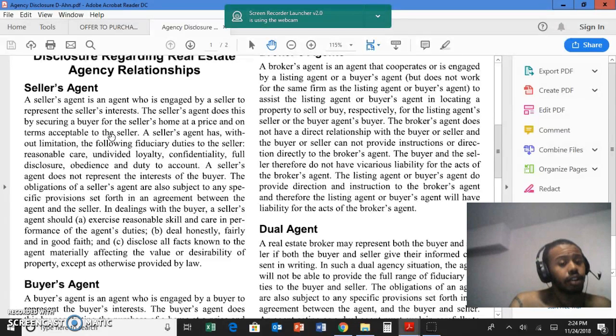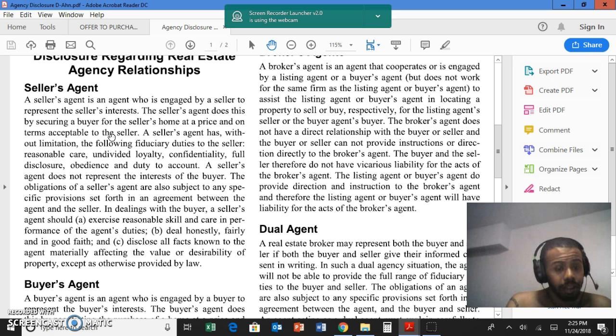to the seller. A seller's agent has, without limitation, the following fiduciary duties to the seller: reasonable care, undivided loyalty, confidentiality, full disclosure, obedience, and duty to account. A seller's agent does not represent the interest of a buyer. The obligations of a seller's agent are also subject to any specific provisions set forth in an agreement between the